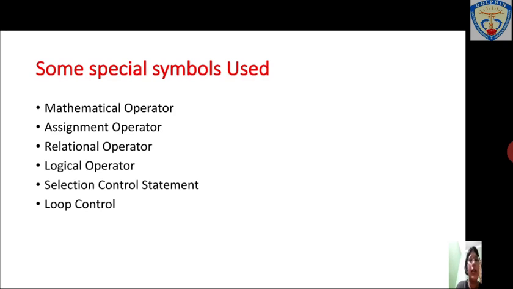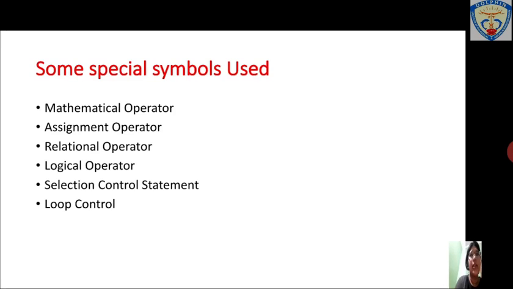Logical operators, already seen in the digital electronics part, you have some basic gates: AND, OR, and NOT. AND is simply if both inputs are true, then your output is true, and if either of the two is false, your output is false. Similarly, in the OR, if any of the two inputs is true, then your output is also true. NOT is simply the inverter part. Next comes the selection control statement. This will be selected through the diamond shape already seen in the flowchart. The selection control statement we write there.